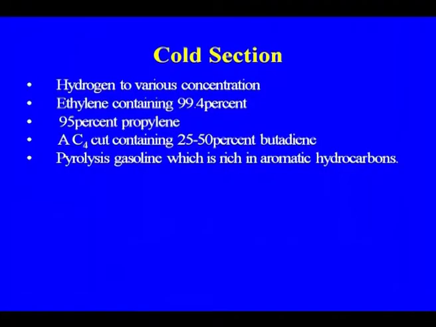So, in the cold section, hydrogen is obtained at various concentrations, ethylene containing 99.4%, and 95% propylene, meaning that is the purity of the product which you are getting. A C4 cut containing 25 to 50% of the butadiene,